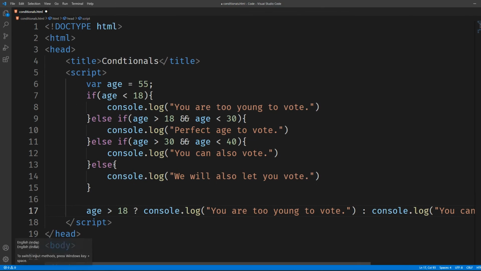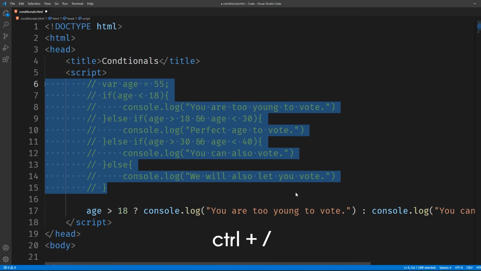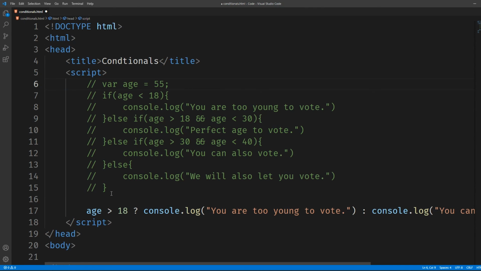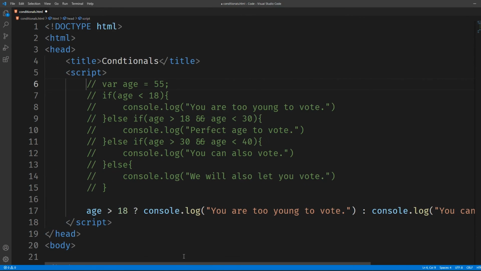For now I will just comment this out so you can see. Comment basically means this code will not run. This is for the developers to see. When we run or execute this code, the comments won't affect anything. To comment you can basically use control and front slash. This is how you do comments in JavaScript. This code is just some information or data that won't be executed at runtime. This is just for the developers to see, or for testing or some other purposes, or just to let other developers know what this function will do or what this code is doing. Just some metadata about this code.